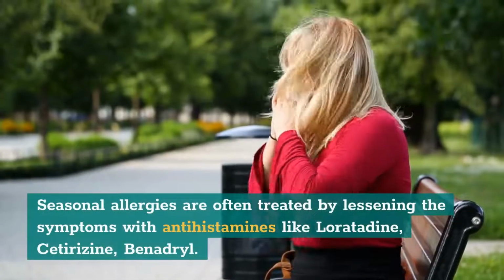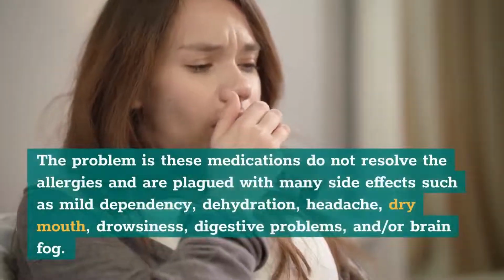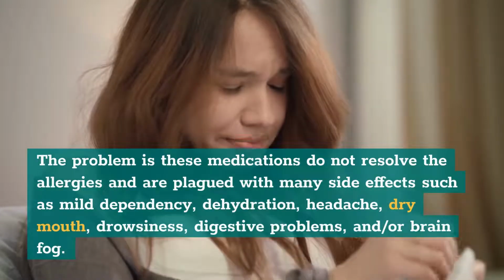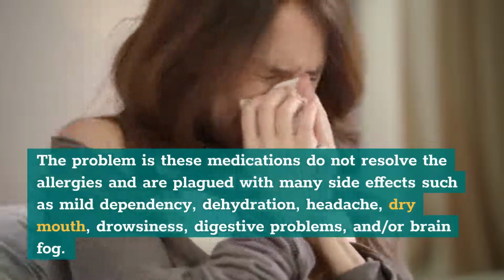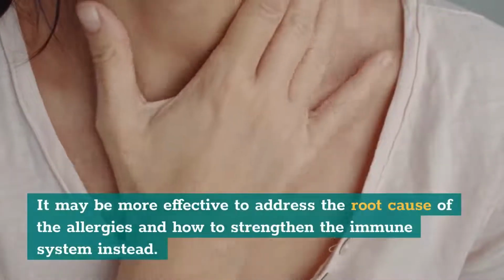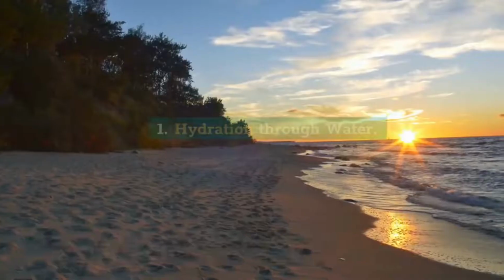Seasonal allergies are often treated by lessening the symptoms with antihistamines like loratadine, cetirizine, Benadryl. The problem is these medications do not resolve the allergies and are plagued with many side effects such as mild dependency, dehydration, headache, dry mouth, drowsiness, digestive problems, and/or brain fog. One also requires taking these medications on a regular basis. It may be more effective to address the root cause of the allergies and how to strengthen the immune system instead. Some natural remedies for treating allergies are: